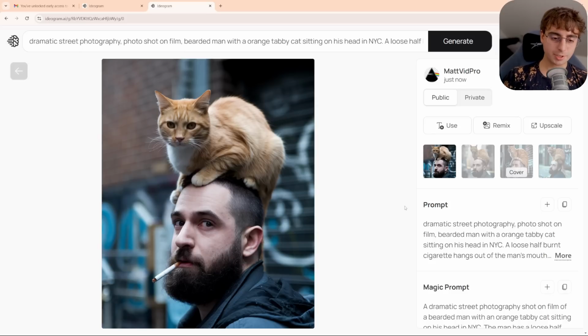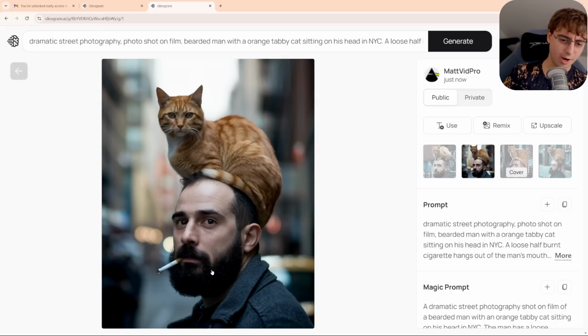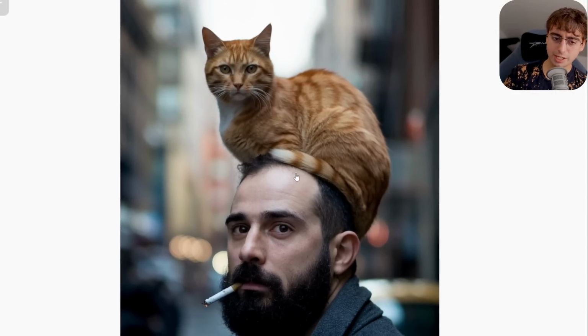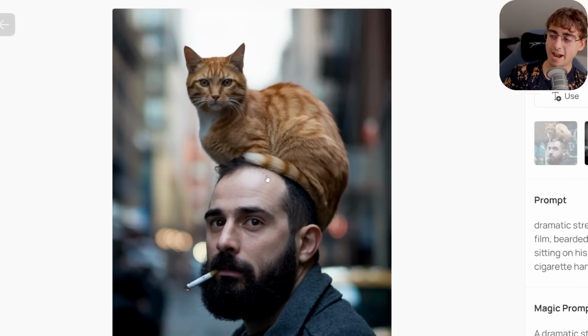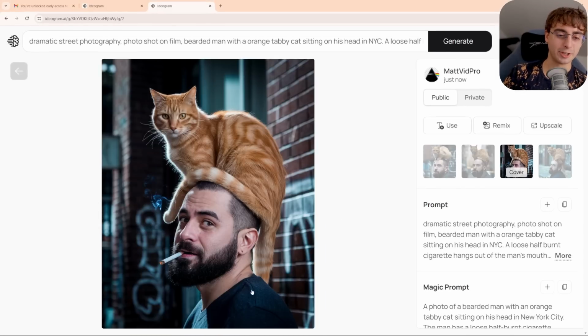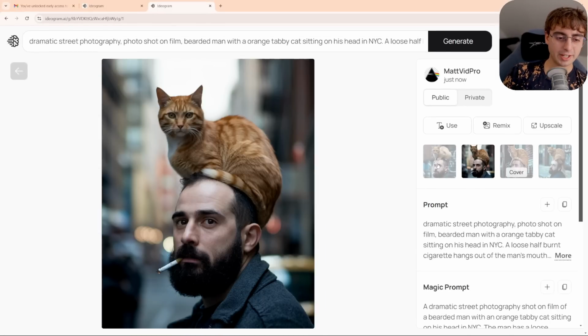And with that realism style, guys, I gotta say, this is mighty impressive, especially with the cigarette hanging out of his mouth. I mean, check these images out. How many flaws can you really notice? Looks like a pretty realistic image to me. I mean, obviously the cat kind of sitting on his head is a little bit unrealistic, but... oh, and then this one's obviously a little screwed up. However, I think at least 2 of these are pretty darn believable.